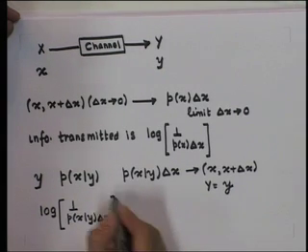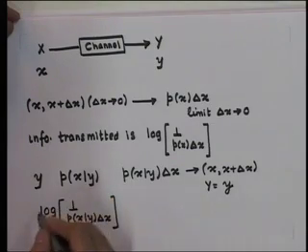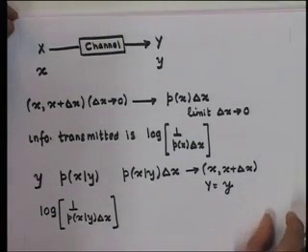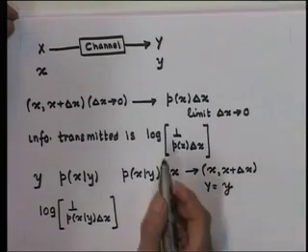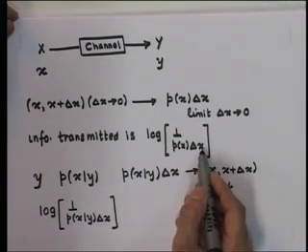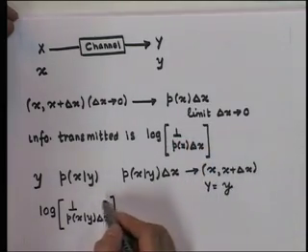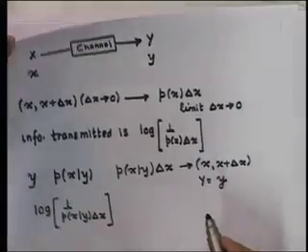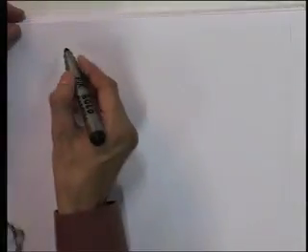This uncertainty arises because of channel noise and therefore represents a loss of information. Because log of 1 by p(x) delta x is the information transmitted and this is the information lost over the channel, the net information received is denoted by